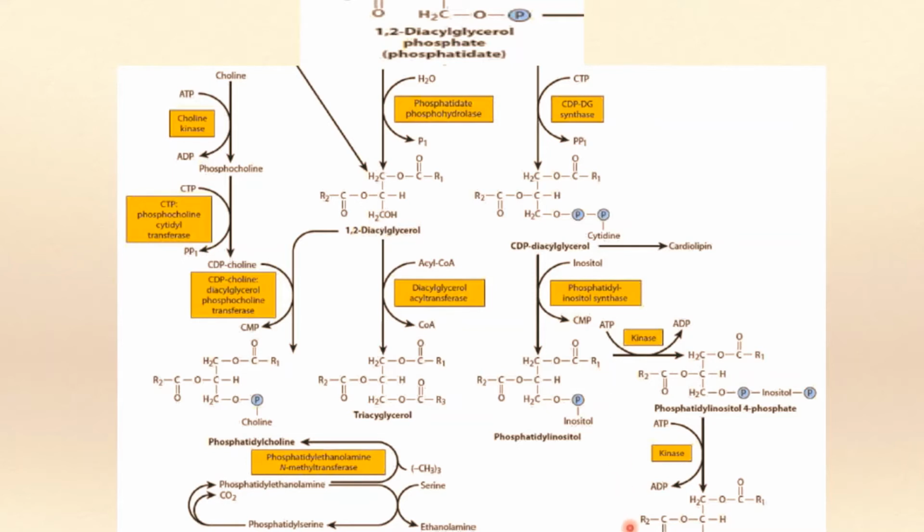That is also coming in the subsequent slide. So here at present we will just remember that CDP diacylglycerol combines with inositol to form phosphatidylinositol, and it can get phosphorylated to phosphatidylinositol 4,5-bisphosphate. Now the next,